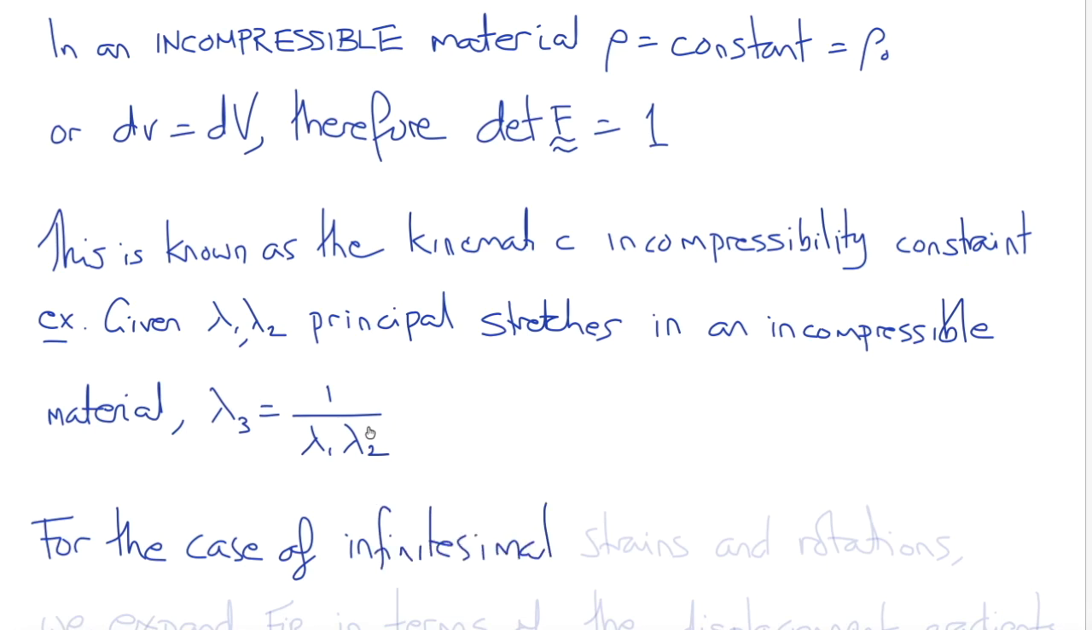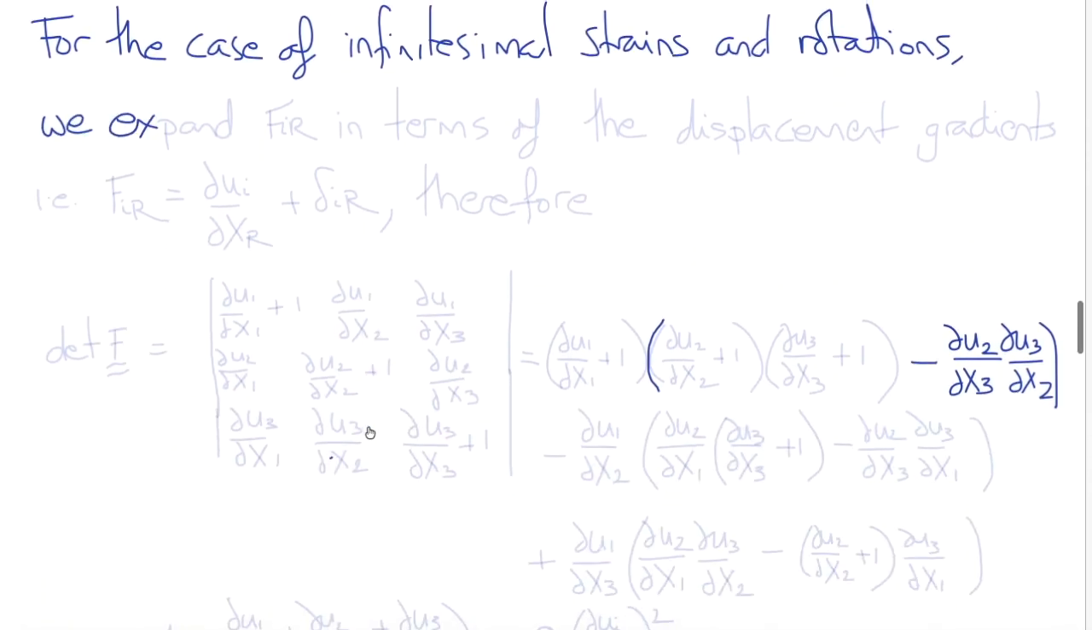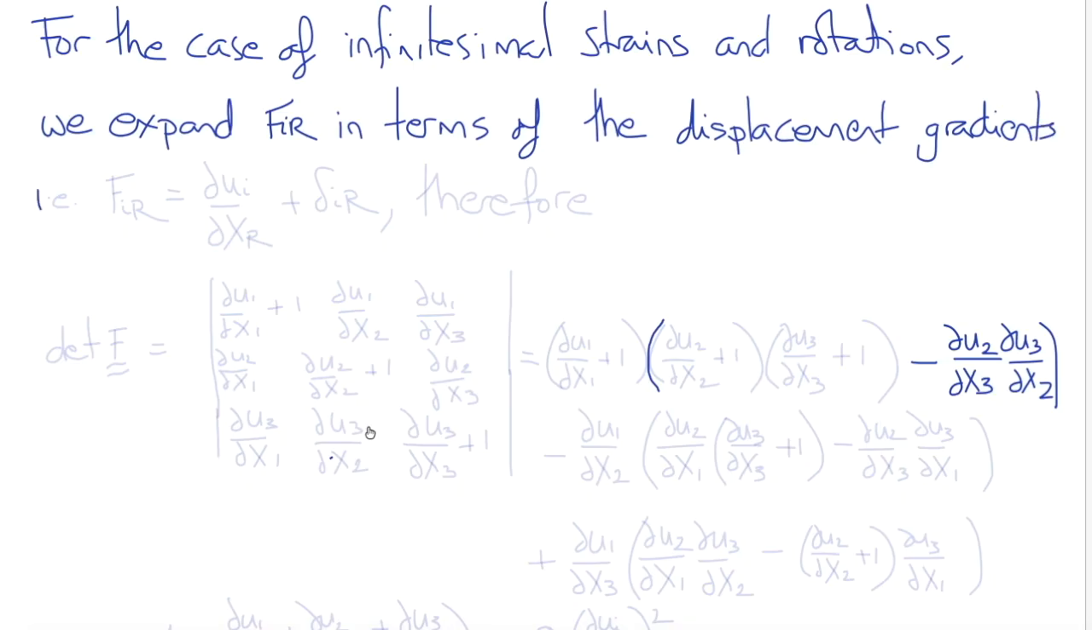Now, next let's look at the case of an infinitesimal strain field and infinitesimal rotations, in other words, where the displacement gradients are small. So we'll expand the components of the deformation gradient tensor in terms of the displacement gradients. In other words, F_iR equals del u_i del X_R plus delta_iR. And therefore, the determinant of F